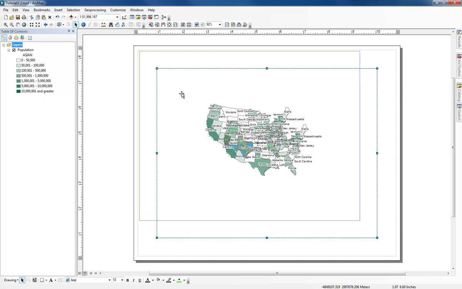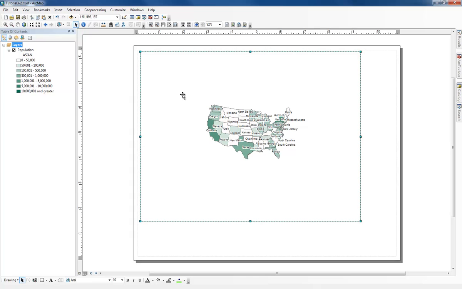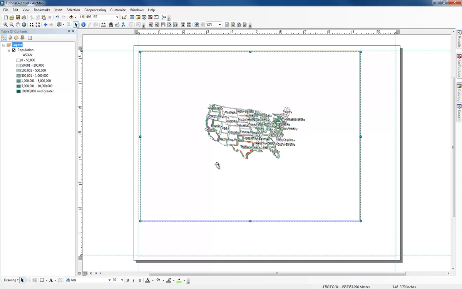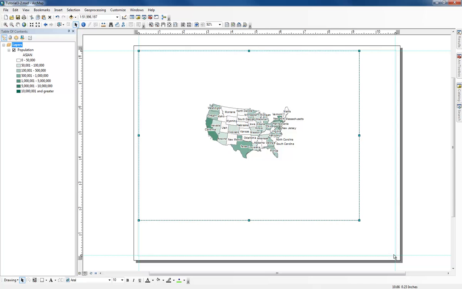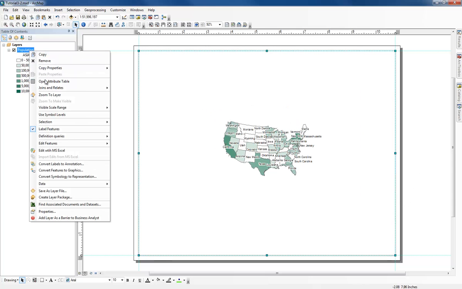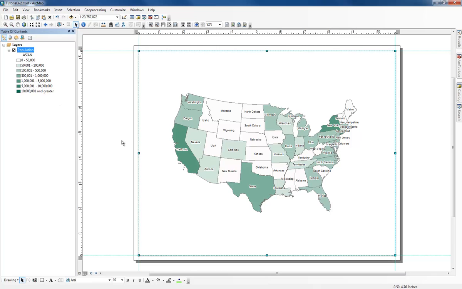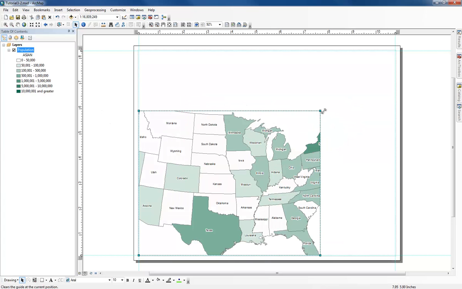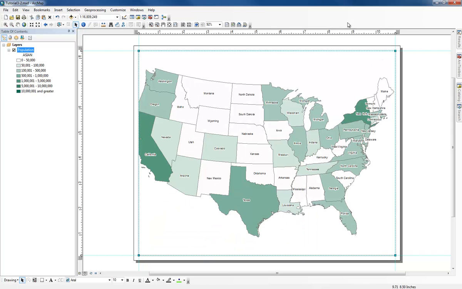And then I'm going to create and use grid lines. So I'm gonna create some grid lines by just left clicking around my map, creating an invisible border, so to speak. I'm gonna snap everything to the guidelines, and I'm gonna right click on my population, click on zoom to layer. So as requested, we'll create our own custom layout. So I'm gonna click at 8.5 on the vertical, on the horizontal, and 7.5